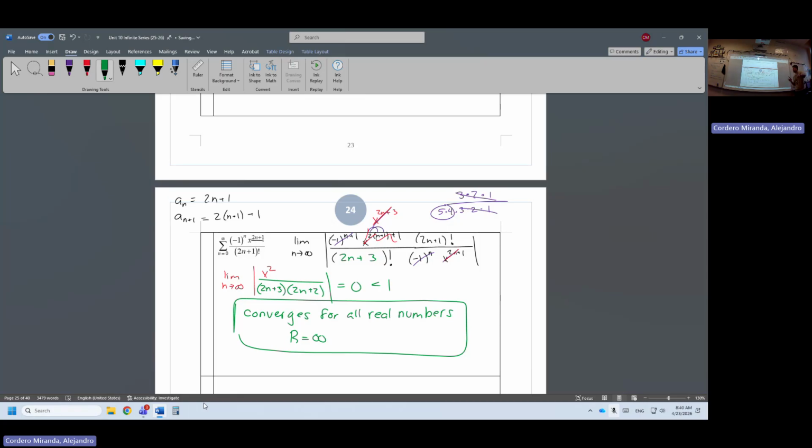Really quick question. Oh, this canceled all but 2 terms of this. So this used to be like a ton of numbers. Now it's just 2 factors because of what happened here. 3 times 2 times 1 over 5 times 4 times 3 times 2 times 1. All of these will cancel all of these except for the 2 biggest terms, because this is too big. This is bigger than that. Cool! Good question. Alright, and then this last one,